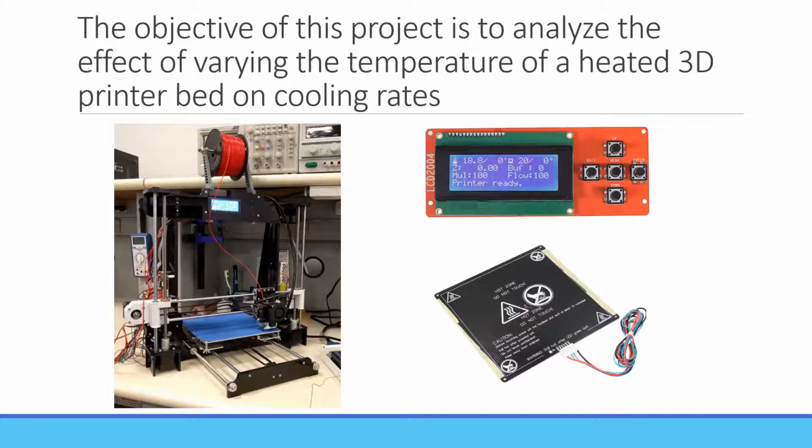The objective of this heat transfer project is to analyze the effect of varying the temperature of a heated 3D printer bed on the cooling rates of the plastic as it's pressed out of the extruder. This project will consist of two parts, the first being an experimental portion. For the experiment, I measured the cooling rates of PLA and ABS plastic at various bed temperatures and plotted those